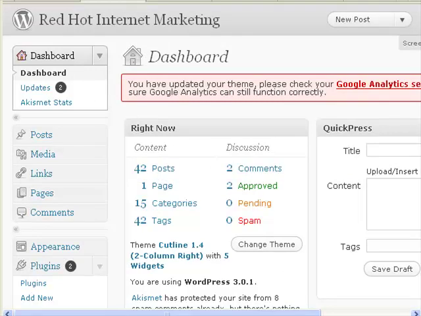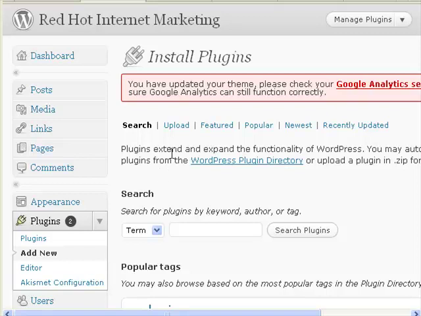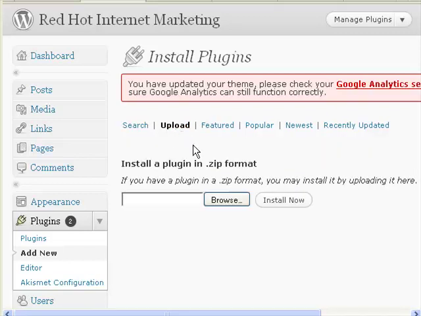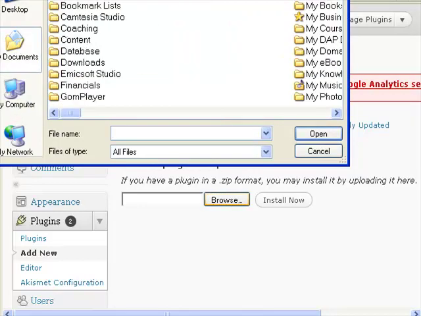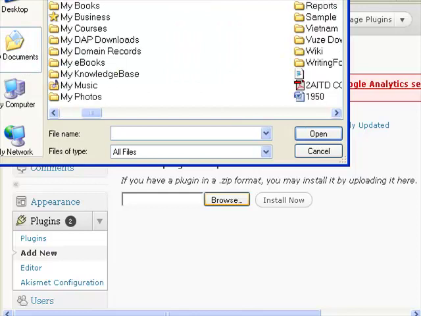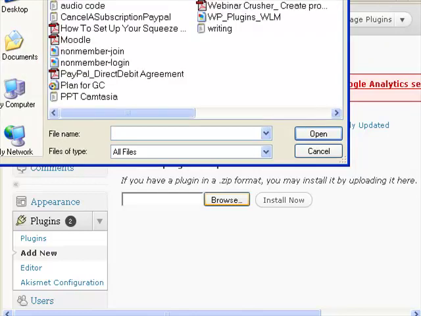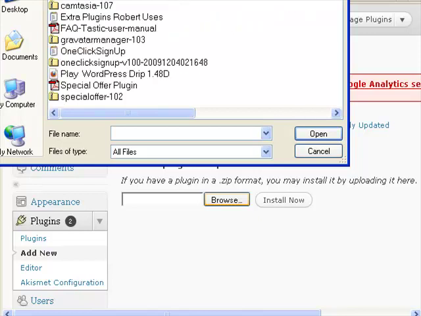Okay, you need to go to your dashboard. Once you get this plugin, you will have it on your computer, so you need to upload it into your WordPress site. So we need to therefore go to Plugins on the left here and click on Add New. What it will do is take you to the plugins installation page. Click on the upload feature because we want to get it off our computer, and then we need to find out where we've got it on our computer. Now I've actually got it in a central place where I have a lot of my project information. So bear with me, there it is. So as you can see, whoops,